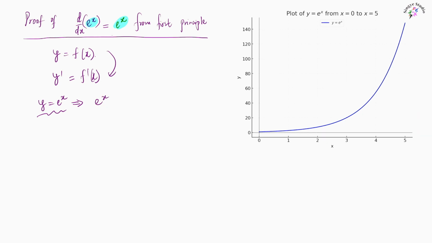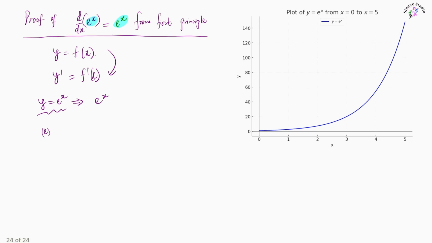In an earlier video, I've already talked about the nature of e. This e is an irrational as well as a transcendental number, which means we cannot express this e as a solution to any algebraic equation. And this e is also called Euler's number, and its value is 2.71